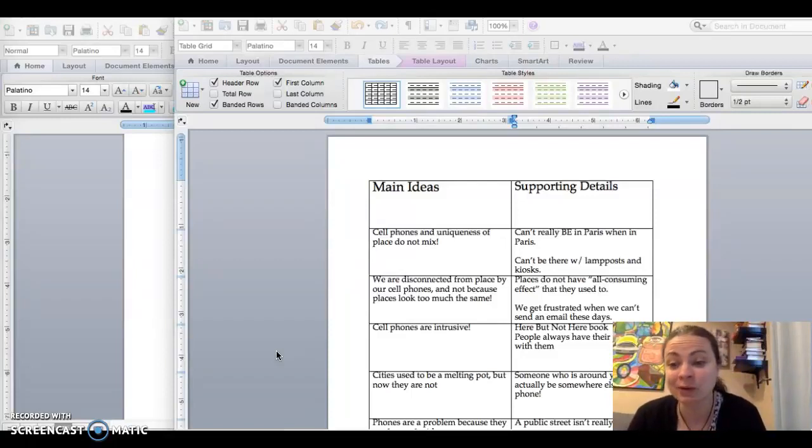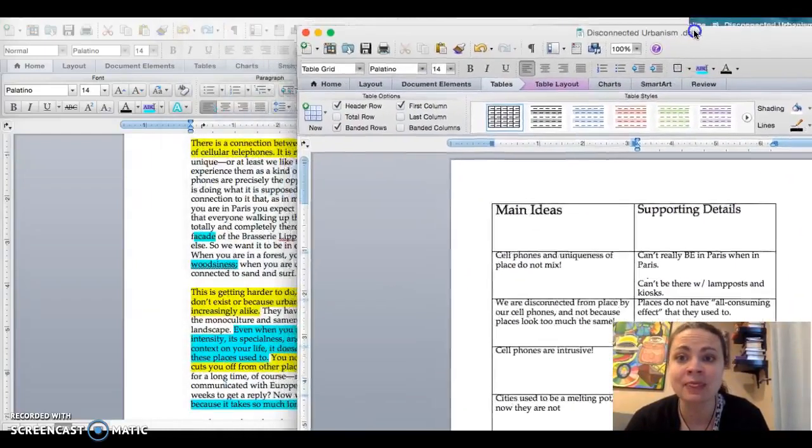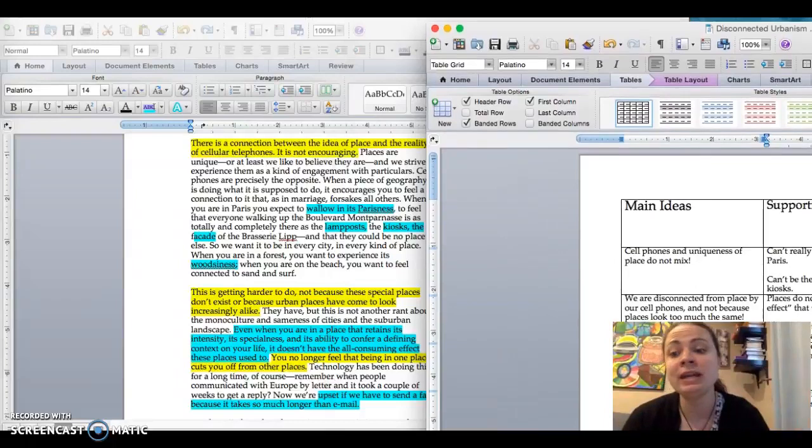Remember how I told you the ability to know the difference between main ideas and details was one of the most important things you'd learn? Well, here's one of the reasons why. You need it when you are going to write a summary. So, to take your two-column notes about disconnected urbanism, just to recap what we talked about, and that was that we